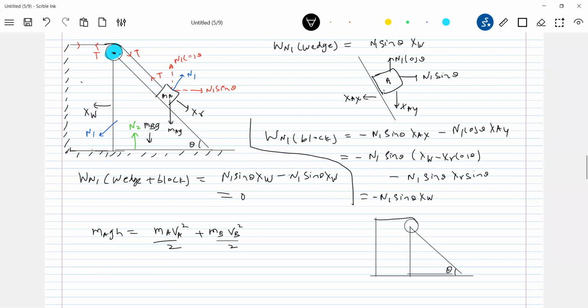Now you see this. The wedge will have a speed and we don't know it. We have only speed V_R. Will I agree? Now you should not write m_A V_R square, speed of the block A with respect to ground, but we don't know V_A, so what we have? And from the constraint equation, V_B equal to V_R. Will I agree? Constraint equation it is.